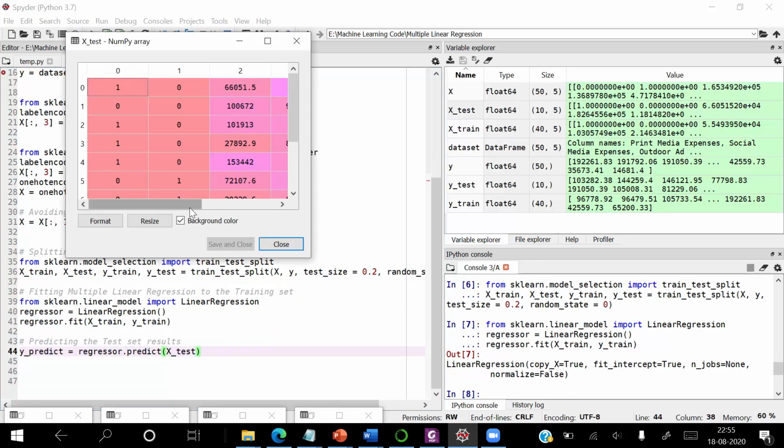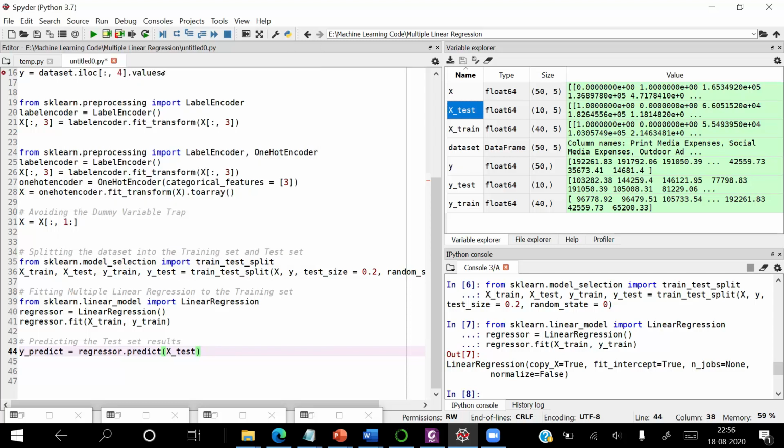Now we are going to predict the value of profit for X_test, which carries the testing data of 10 rows for all independent variables. In order to perform this step, we have to invoke predict method of regressor object, and here we are passing our testing data, that is X_test, and this predict method will return the predicted values which we are storing in Y_predict.